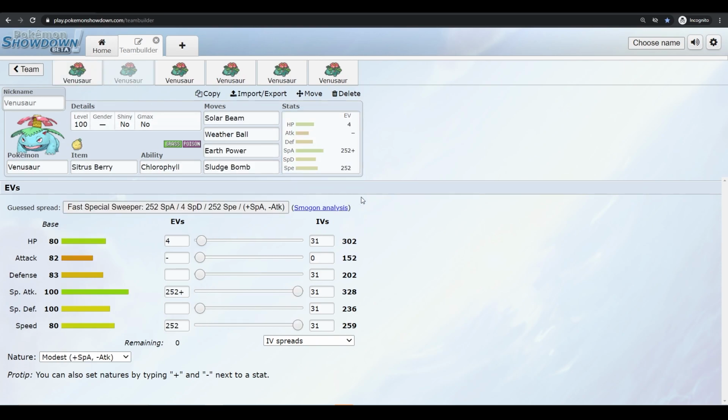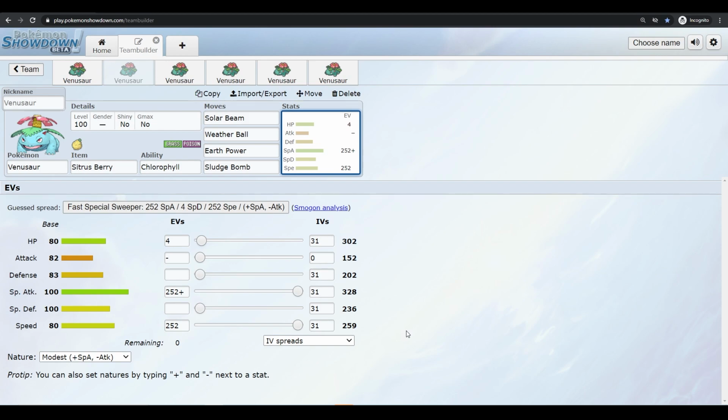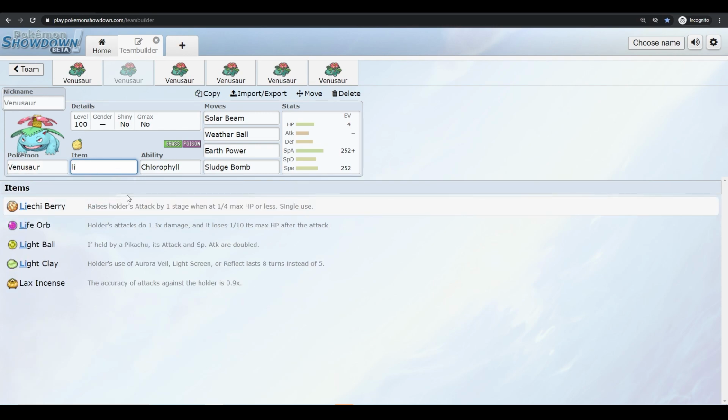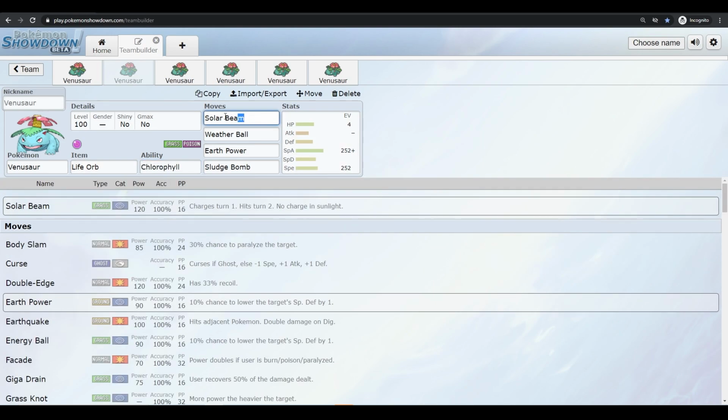But one way to use Venusaur is just put it under Sunlight and go max special attack, max speed. You outspeed everything, and you do a good amount of damage. I like the Citrus Berry for the healing. You could also run something like a Life Orb if you just want more damage. Just depends. I like the Citrus Berry for the sustain, but pretty much Solar Beam, Weather Ball, Earth Power, and